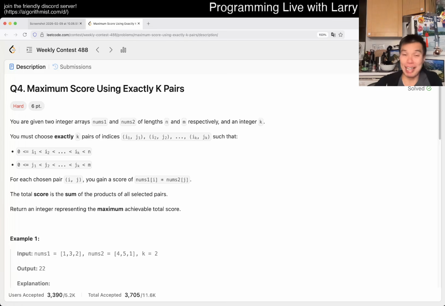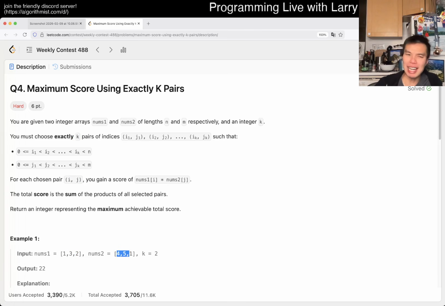Let me know what you think about this one. Honestly, I misread this one a little bit, because I thought you could choose any pair, you just sort the input, and then there's the K element. But after a little while, I realized that the indices i and j have to be increasing on the left and right,